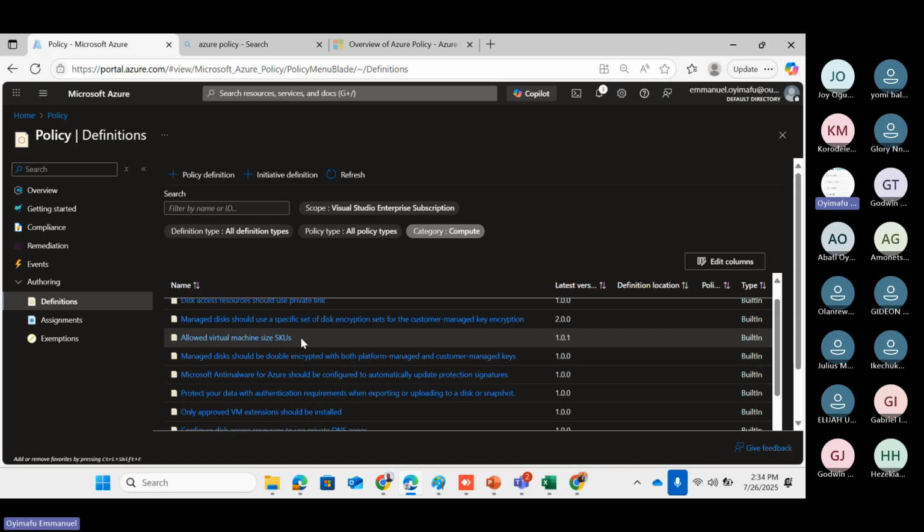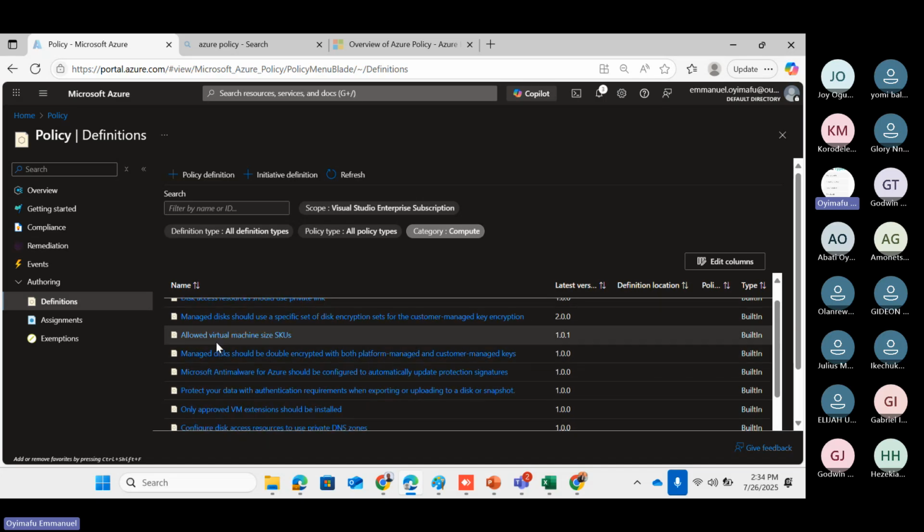So what this allowed virtual machine SKU means is that normally this size is what determines the capacity of your virtual machines. That's where the spec is: how many core processors, how many gigs of RAM. You can limit the particular sizes that users in your organization can use to create a virtual machine. This helps you save costs because if somebody wants to create resources higher than the size you set, it will stop the person from creating it. So if I click on allowed virtual machine SKU size now,